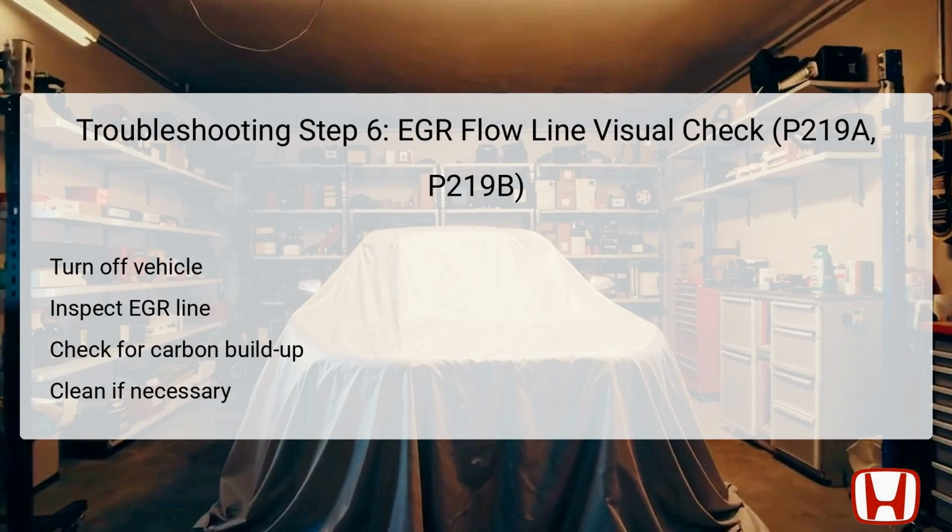Accumulation in these areas often correlates with poor performance and error codes relating to the air-fuel ratio discrepancies. Should any carbon or sludge be present, a thorough cleaning of the intake manifold EGR port and the EGR pipe should be conducted using throttle plate cleaner to eliminate the obstruction. If no carbon is found, proceed to the next diagnosing step to ensure that all potential sources of failure are